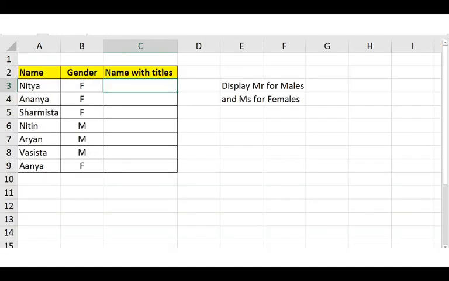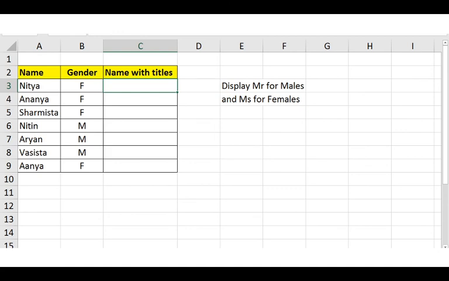I'll take another simple example. Here I want to display the names along with their personal titles like Mr. or Miss. For all the male candidates we will display Mr., whereas for all the female candidates we will be displaying Miss. So the condition here is, we will check the value with the gender column.